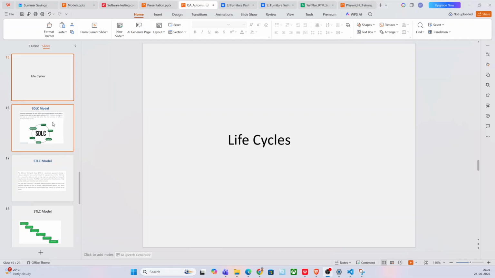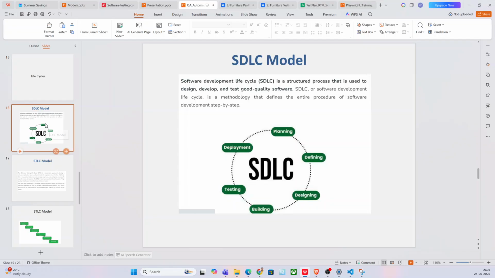In the last video we discussed models. So today let's discuss life cycles. Basically we have two life cycles, SDLC and STLC life cycle models. These models will be used in the actual models, like we have the agile model, waterfall model and V-model, right? So in all these models, the software development lifecycle and software testing lifecycle will be used like a